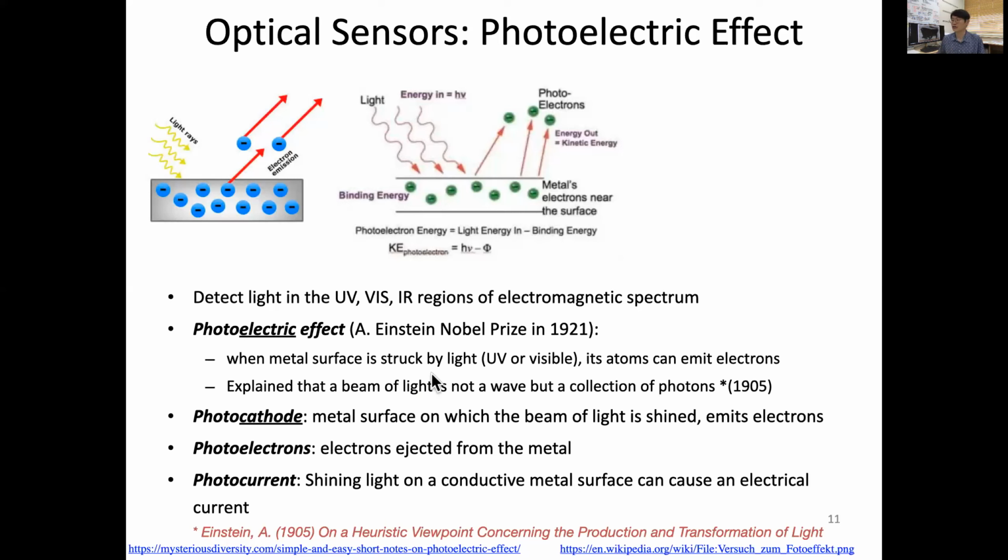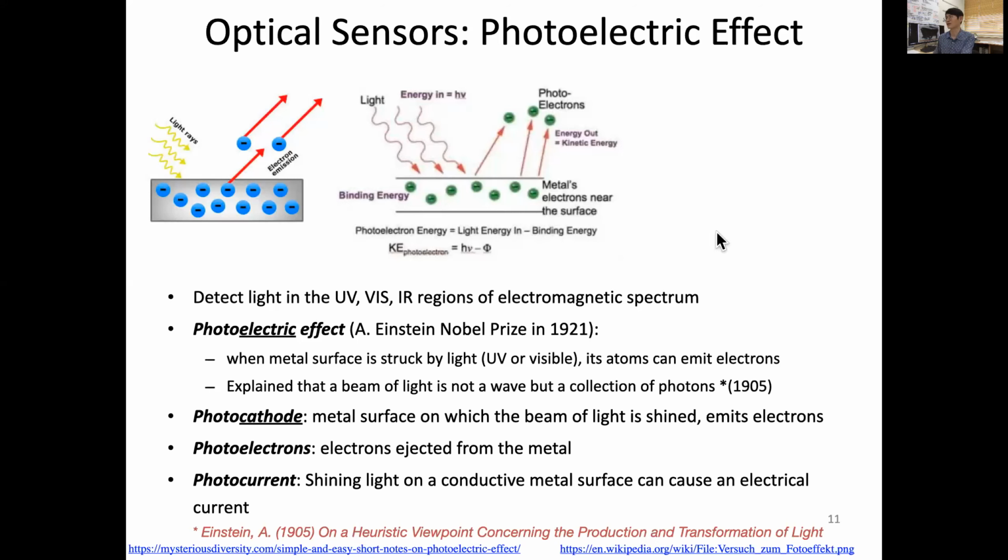Einstein's explanation of this as the photoelectric effect, and the introduction of the concept of the photon, light as a particle, changed the whole idea and introduced the emergence of quantum mechanics. That particular paper was proposed in 1905, on a heuristic viewpoint concerning the production and transformation of light. And because of this, Einstein got the Nobel Prize in 1921,